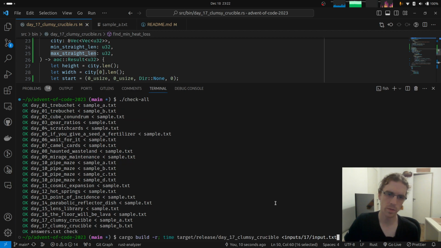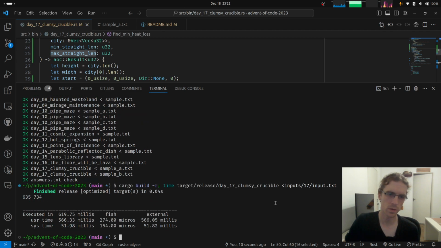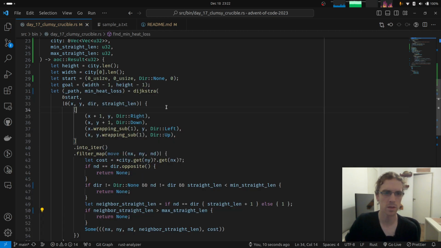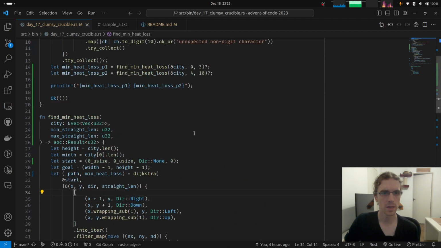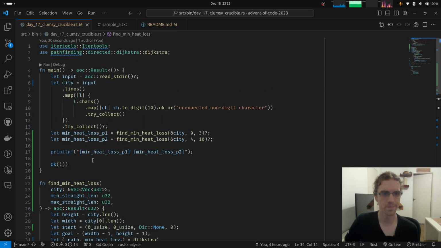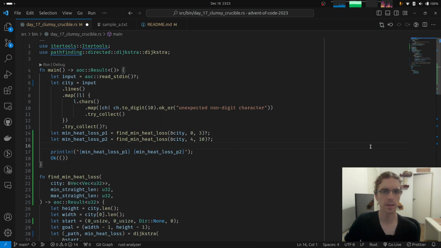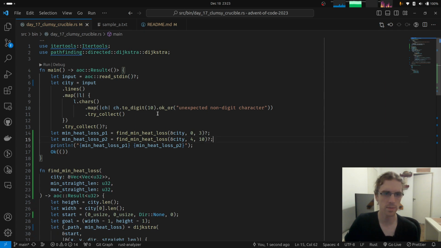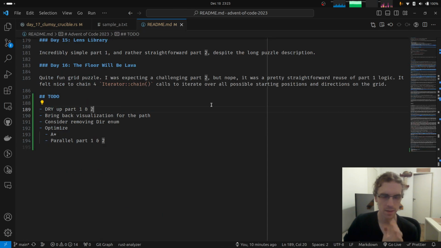This I don't expect to be faster or slower than before. Now, this was not an optimization thing, but we did extract the general case for the solution, so that's pretty nice. The parsing here is particularly ugly. Like, I don't particularly like the, well, but we have done the first part.